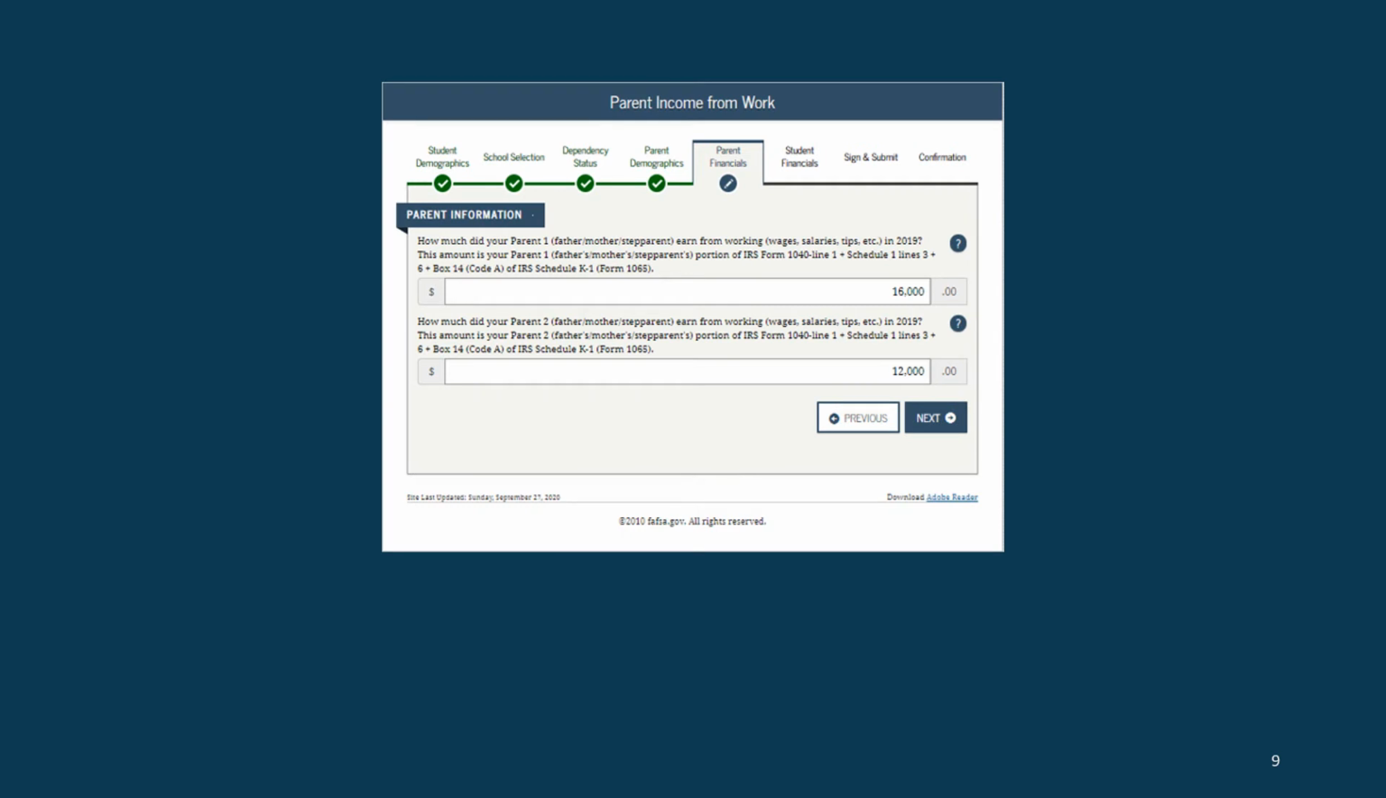Even though you have already reported the adjusted gross income, you will now need to report the amount that each person earned from work. Income earned from work can be found by adding the following: Box 1 of W-2 form, plus the amount from Schedule 1, lines 3 and 6, as well as Box 14, Code A of IRS Schedule K-1, Form 1065. You should have received one W-2 form from each of the employers that you worked for in